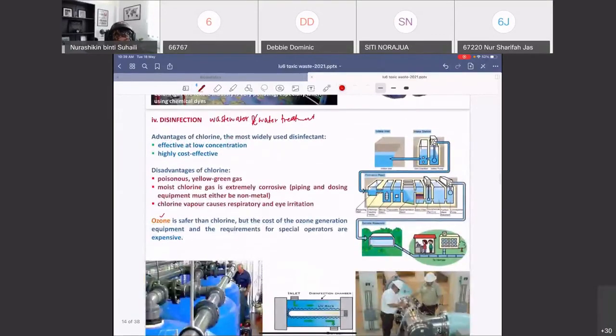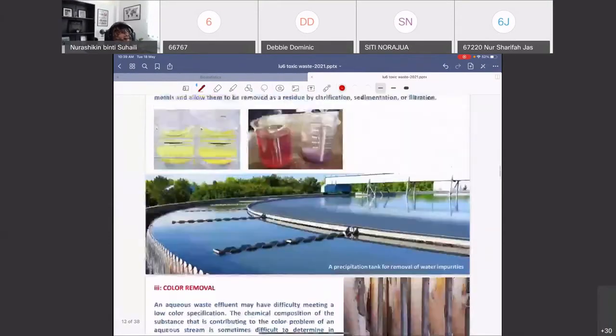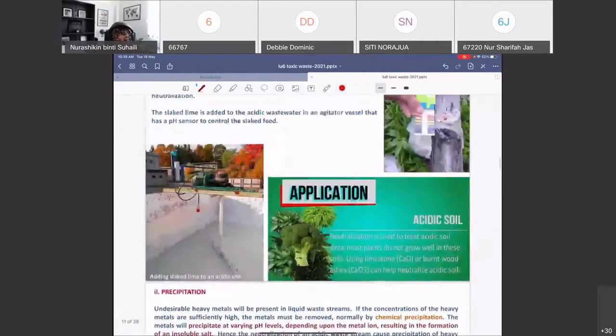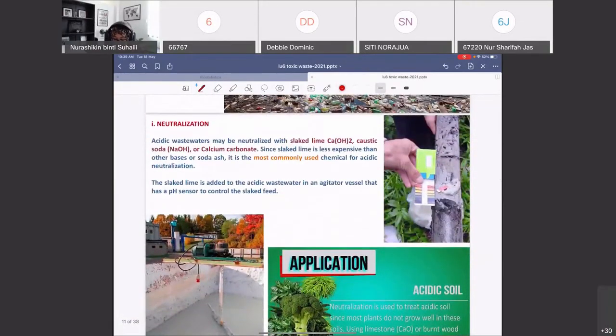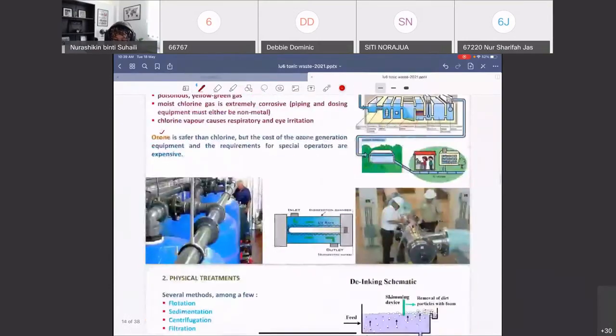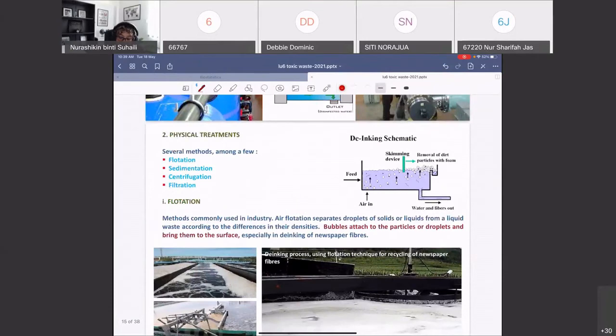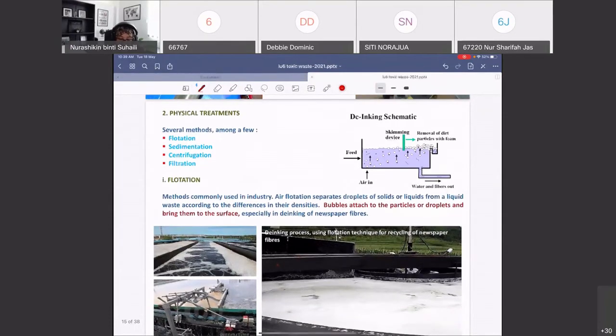So those are the chemical processes: disinfection, color removal, precipitation, and also neutralization. Okay. So those are how the toxic compounds can be removed from the water bodies or whatever the suspension. Right. Apart from the chemical treatment, the toxic materials can also be removed by using